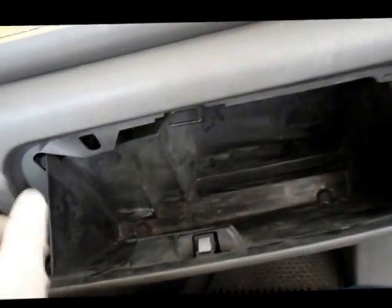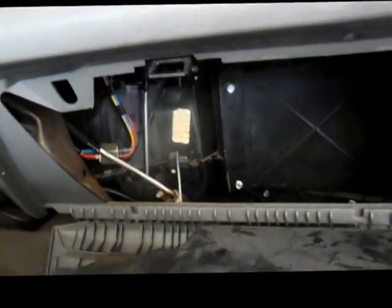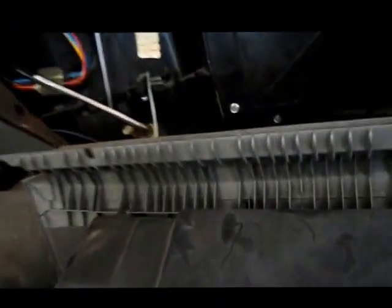So let me just drop the glove box down, and we'll take a look inside. And the way you're going to drop the glove box down is fairly simple. You're just going to pull the box this way and this way at the same time, and it comes right down. Just going to turn that down. Okay,